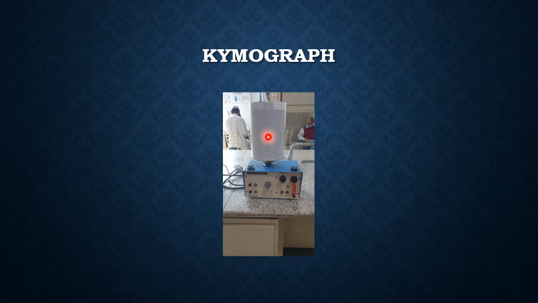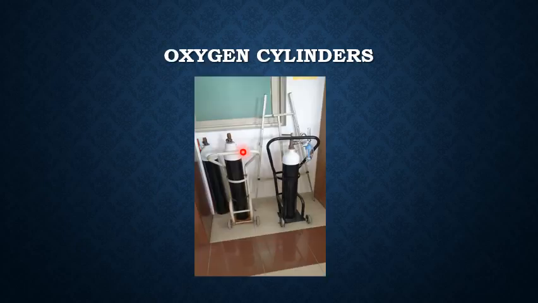When you place a drug in the inner chamber of the organ bath, the intestine moves depending on which drug you drop in that inner organ bath. If the contractility of the intestine is increased, the pointer moves on the kymograph on which the paper is attached, and if it is decreased, it also moves on the kymograph, from where you can know the strength and the various things about the drug which are affecting the rabbit ileum.